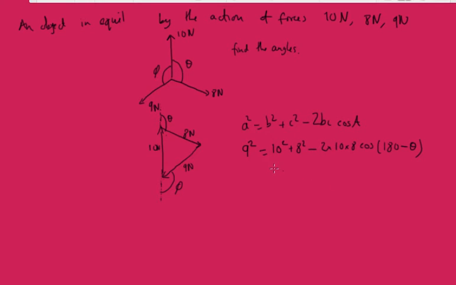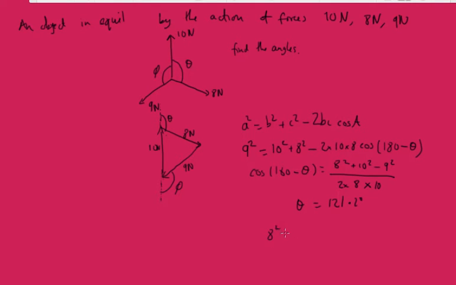If we work all that out, we'll get cosine of 180 minus theta is going to be 8 squared plus 10 squared minus 9 squared all over 2 times 8 times 10, and theta will be 121.2 degrees. Now we can do the same for the angle down here, and if we use the cosine rule again, we will have